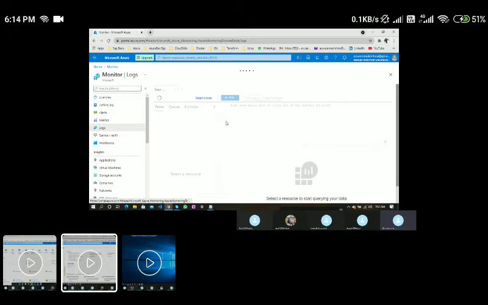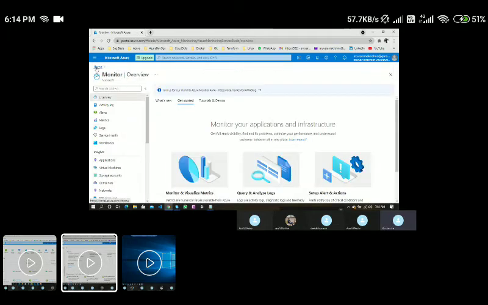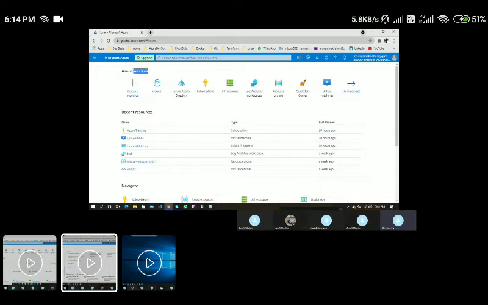Here we can capture the logs of your subscription level, or resource level, any type of logs we can capture, and we can store them in a Log Analytics workspace. And from there we can fetch some custom metrics. Whatever metrics you see on a VM level are system-defined metrics, right? Apart from that, if you wanted to get any additional metrics, like performance metrics, performance logs or a security log, let's say on a specific VM, if I wanted to capture only performance logs, or only security logs, or any additional logs like IIS web server logs, right? Those kinds of logs, if you wanted to customize and capture them,